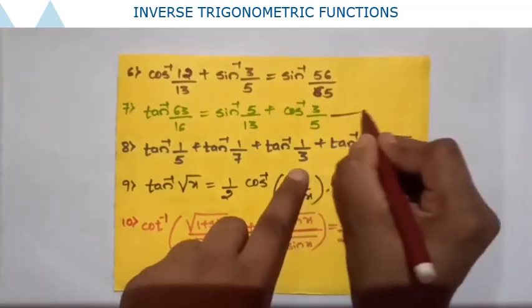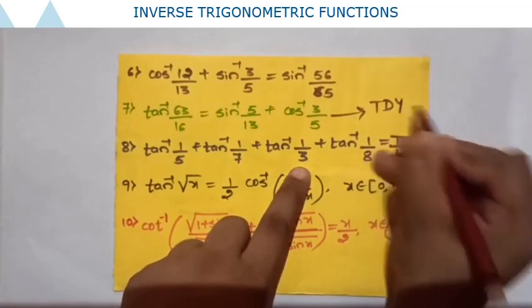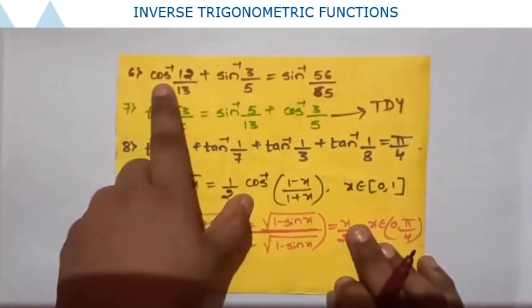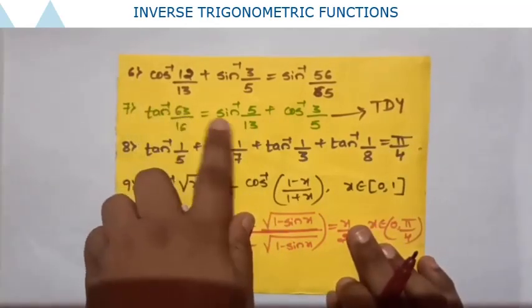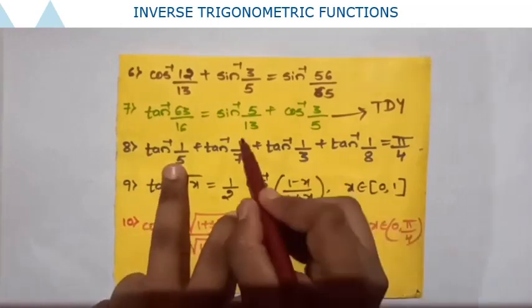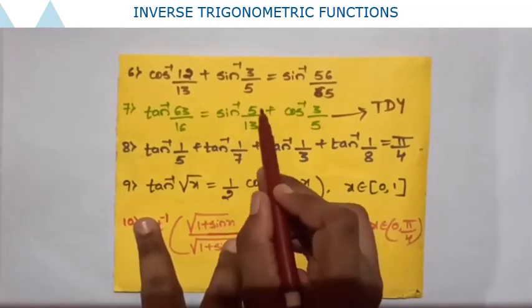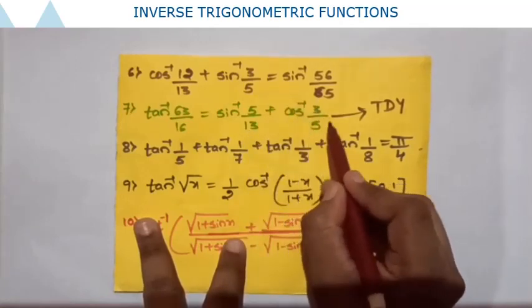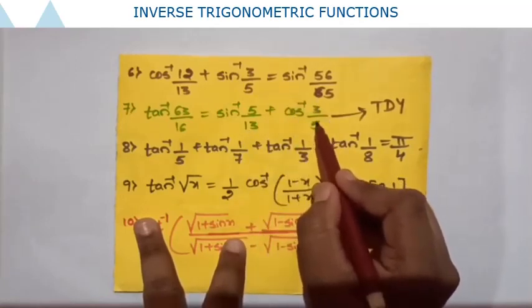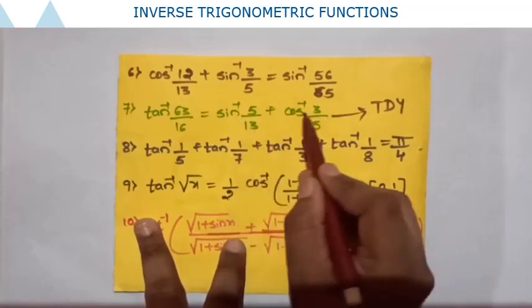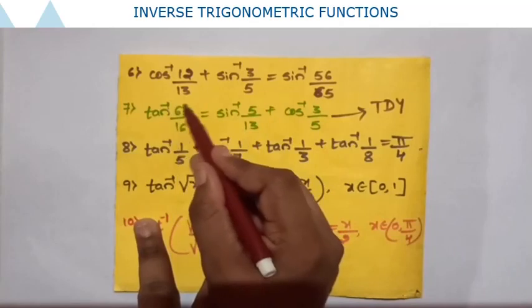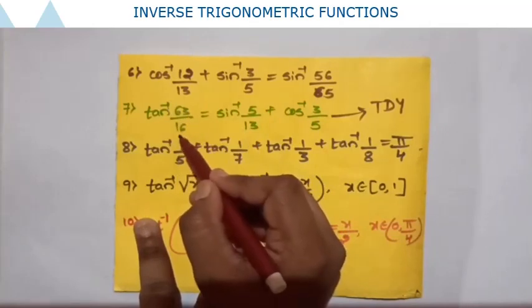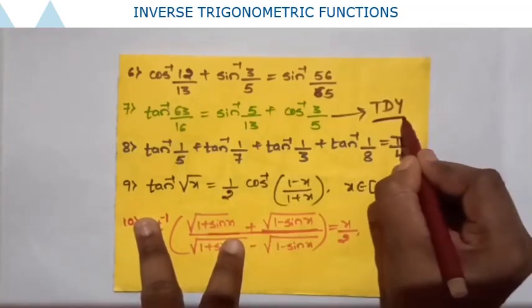Okay. This one, try to do yourself. Because I have explained the similar sums, the 4th, 5th, 6th, all examples are similar to the 7th one. Now consider, convert sin inverse 5 by 13 to tan inverse of something, and cos inverse 3 by 5 also convert to tan inverse, and then you have the tan inverse x plus tan inverse y formula. Whatever you get, the answer will become tan inverse 63 by 60. Okay, so this one you try to do yourself.